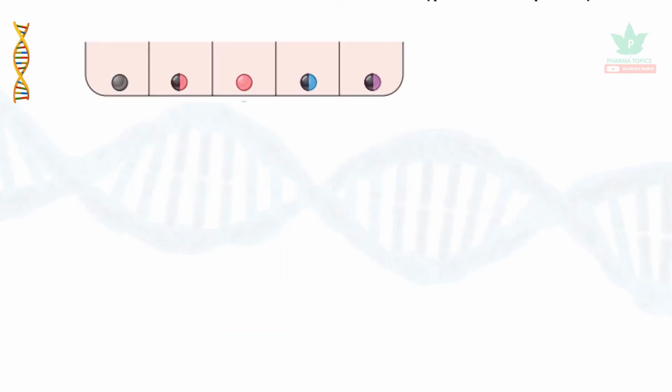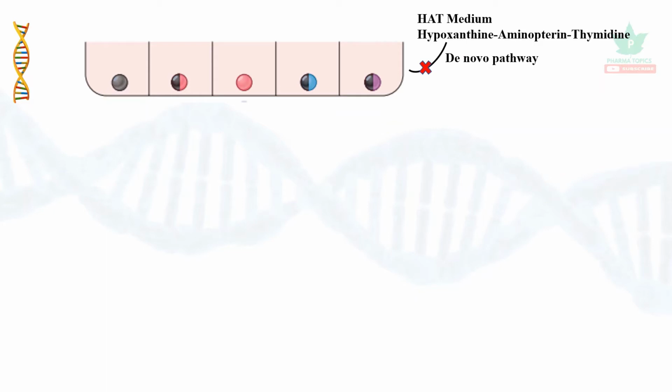They are then subcultured in a medium called hypoxanthine aminopterin thymidine medium. This blocks the synthesis of nucleotides which are essential for cell division. It blocks the de novo pathway because aminopterin is a dihydrofolate reductase inhibitor. So the only pathway available is the salvage pathway. Whatever is available in the medium, they have to take. That produces the nucleotides and leads to production of DNA. So the only available pathway is the salvage pathway.